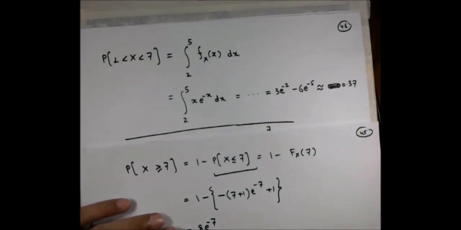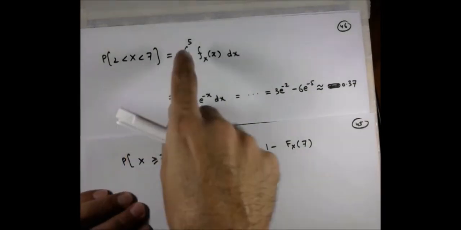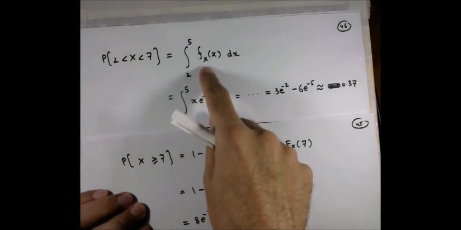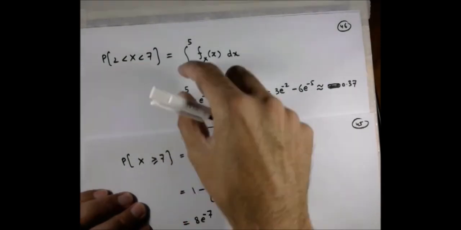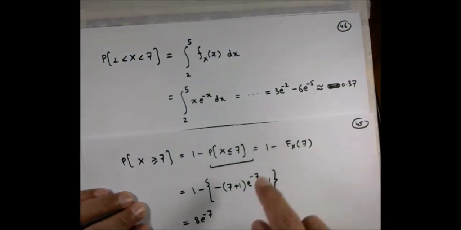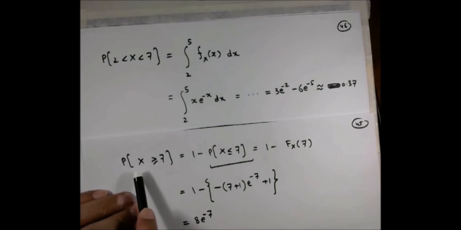And then we also noted that we can find the probability of meaningful intervals by using the expression for the PDF. This is the expression for PDF. If you integrate it between 2 to 5, you will reach this. For this part, I'll give you some practice homework, and that practice homework is to use the expression of CDF and find this particular probability.